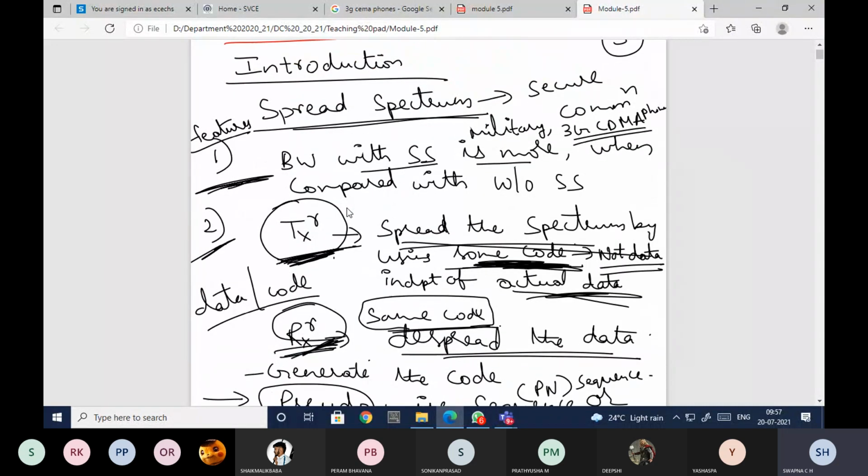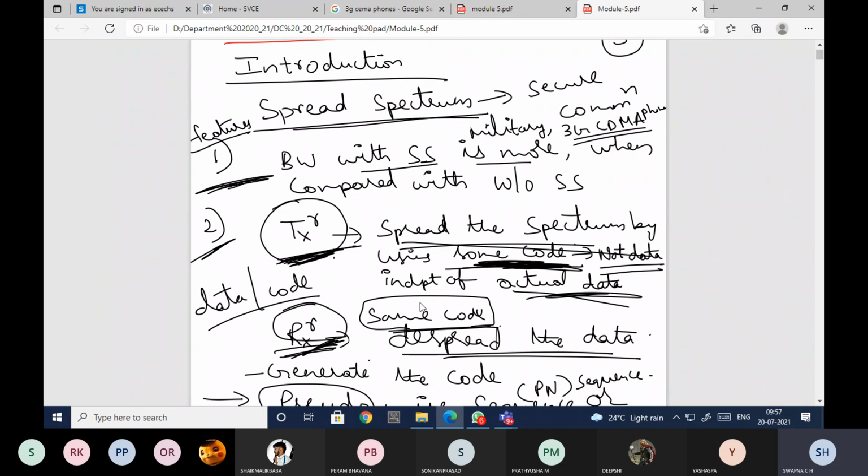The second feature is that whatever sequence you are using at the transmitter end to transmit the data, the same PN sequence should be used at the receiver end. PN sequence is nothing but the pseudo noise sequence.